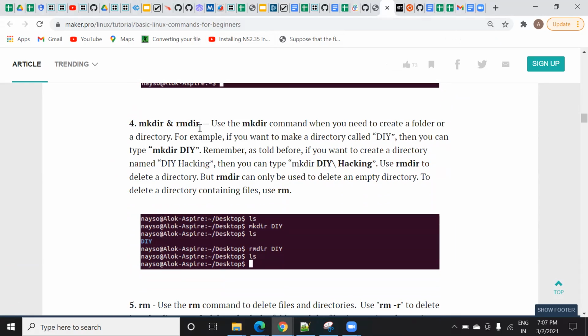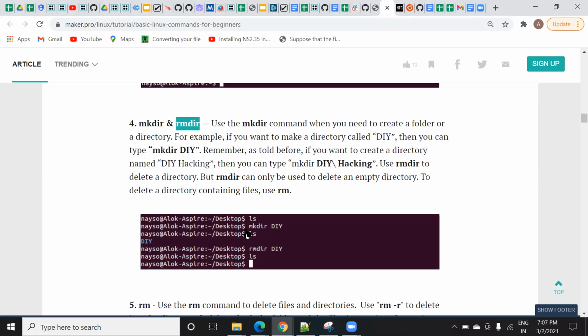mkdir and rmdir: mkdir is for making a directory, means creating a directory, and rmdir is for removing a directory. So on the current path, just type ls, which gives the list of files or directories currently available on the desktop.